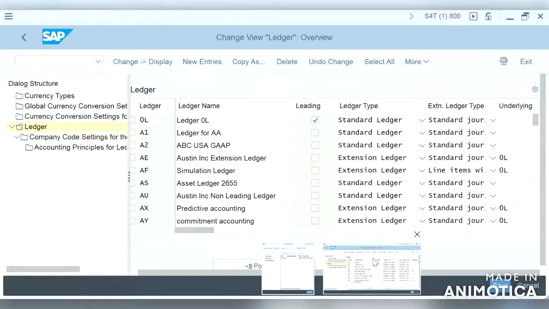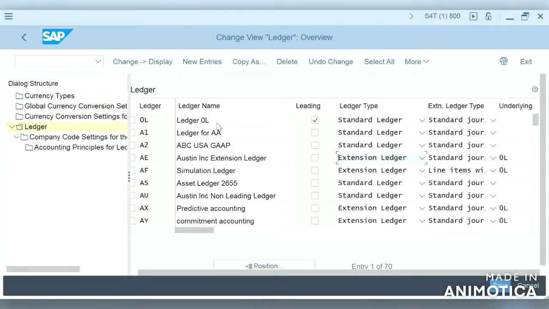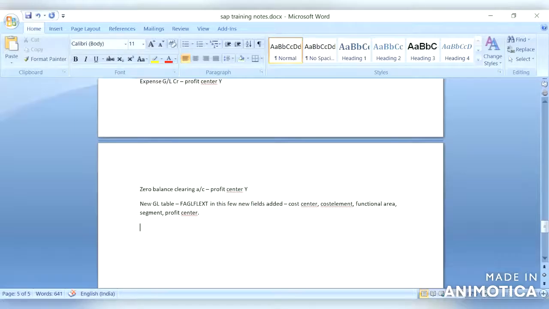So as we see in SAP, there will be only one leading ledger for a company code. All others can be non-leading ledgers. The leading ledger is integrated with all the subsidiary ledgers. What does it mean?